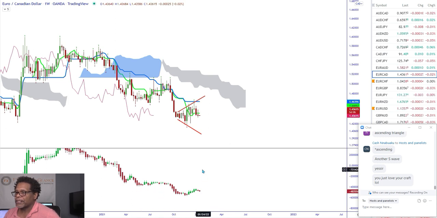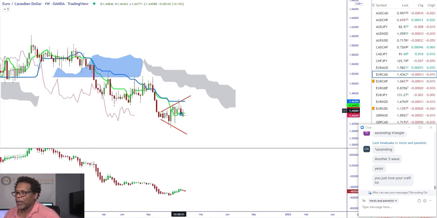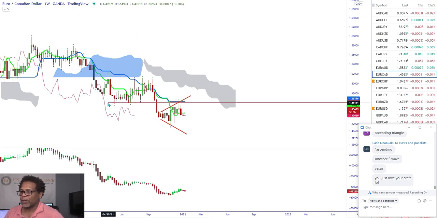No divergence. I thought we might have a P wave here. I think I marked this on the daily. We rejected this level, but again, where do we push up to? Right to the fractal level. This is why I wait for my fractal level trades. I don't trade down here. Down here, I already know where I want to catch my trade. I want to catch it up here.